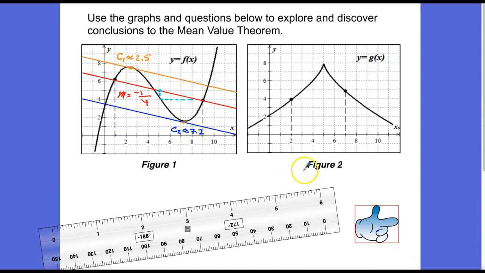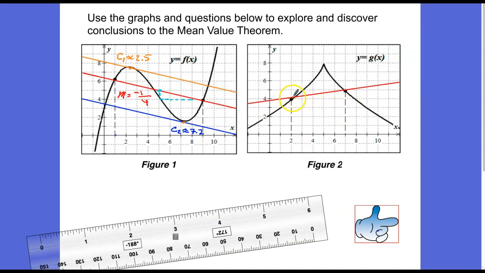Let's take a look at the second figure. So again, we have an interval, which in this case is from 2 to 7, indicated by our vertical dashed lines and these points of intersection. And so sketching the secant line through these 2 points over the interval, there we are. Our interval points actually pass through corners on our grid, so it's pretty easy to see the slope here: we rise 1 and we run 1, 2, 3, 4, 5, and so that gives us m equal to